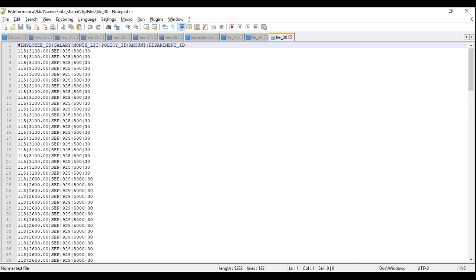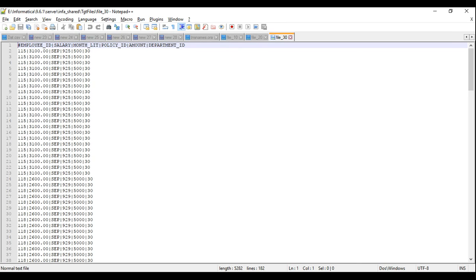It's different from router transformation in a way. You can achieve the same thing using a router transformation as well if you have a well-defined set of data. If you know that you only have 10 departments and they are constant, they are never going to change, then you can create 10 groups. But again, that's a tedious process. You'll have to create 10 groups, and in case a new department is added, you'll have to go back and modify that. So this transactional control transformation provides you the flexibility.